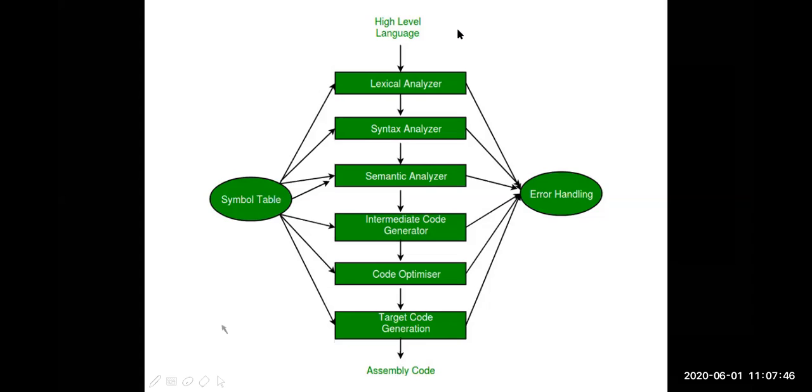See, what does an identifier mean? The identifier means the names we are using in the program. The names used by the user in the program are called identifiers. Okay. Operands are not identifiers. Operators are not identifiers. Printf is not a name used by the programmer. Printf is a name defined by the language itself.